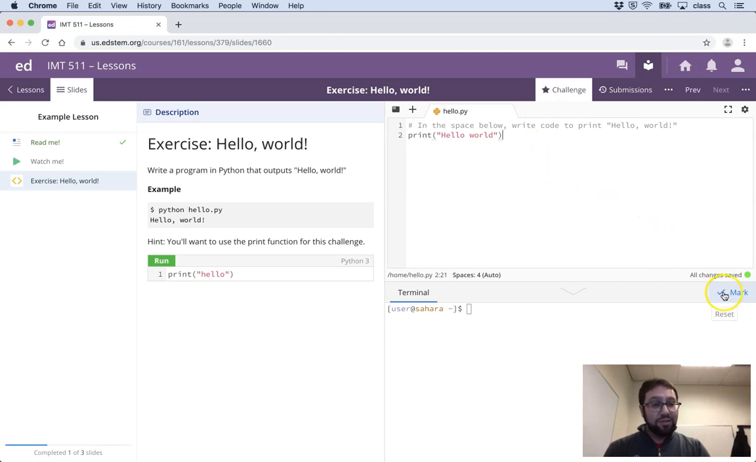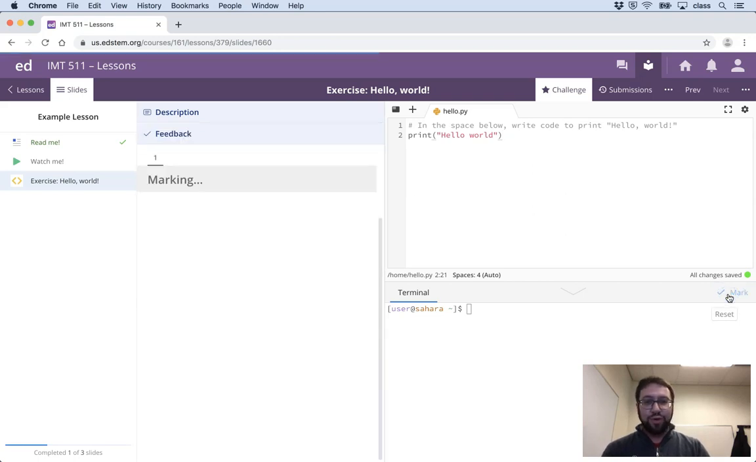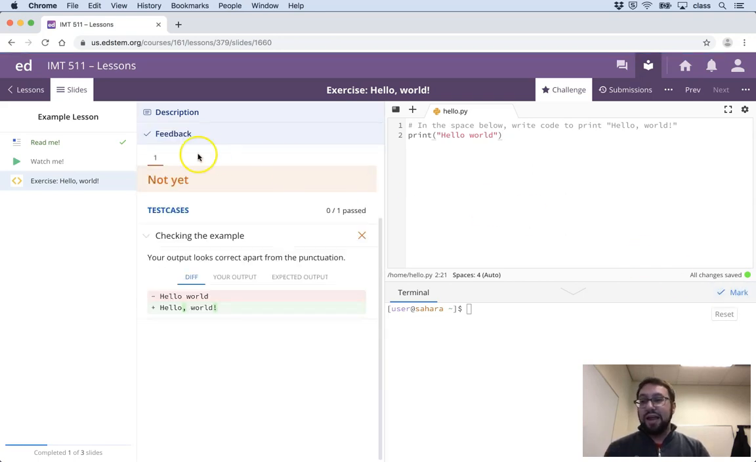Once you've tried something out, if you go down here to this mark button, you're going to be able to test your code and see whether it's correct or not, and it'll automatically tell you whether you did the right thing. So if we hit that button, it'll go through marking it and give us some feedback. It tells us that our code isn't quite right yet, and it'll tell us what test cases it used to check our work, and what you might have gotten wrong. So in this case, it tells us that our output was correct except for punctuation,